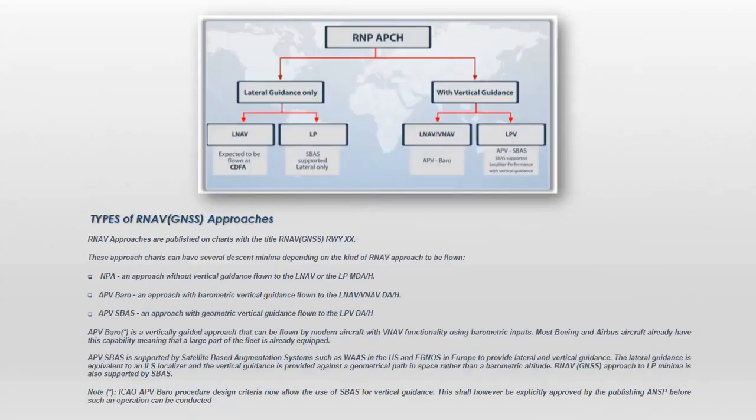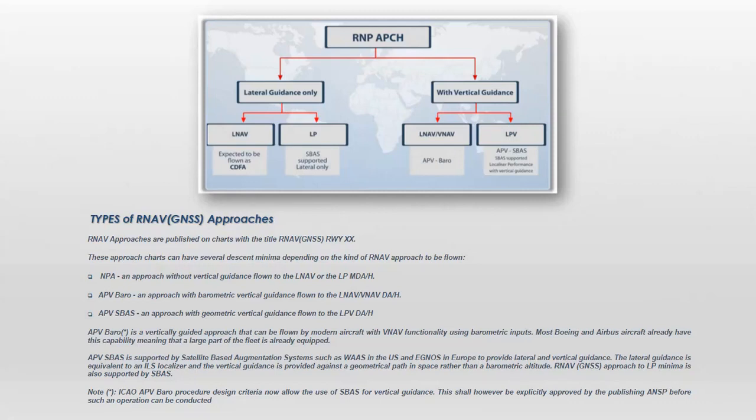Types of RNAV GNSS approaches. RNAV approaches are published on charts with the title RNAV GNSS Runway XX. These approach charts can have several descent minima depending on the kind of RNAV approach to be flown. NPA, non-precision approach: an approach without vertical guidance flown to the lateral navigation (LNAV), or the localizer performance (LP), minimum descent altitude/height. APV Baro: an approach with barometric vertical guidance flown to the lateral navigation/vertical navigation (LNAV/VNAV)